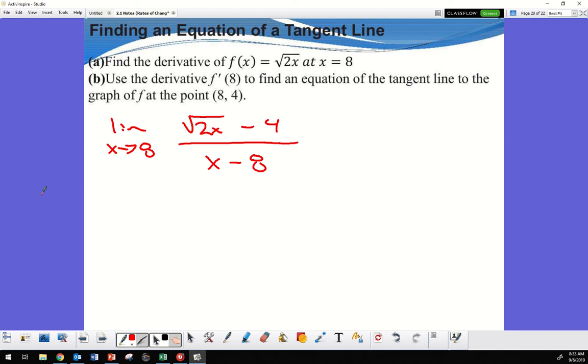Conjugate, conjugate, conjugate. Say conjugate. Conjugate. Can I get a conjugate? Can I get a conjugate? Thank you. All right, so